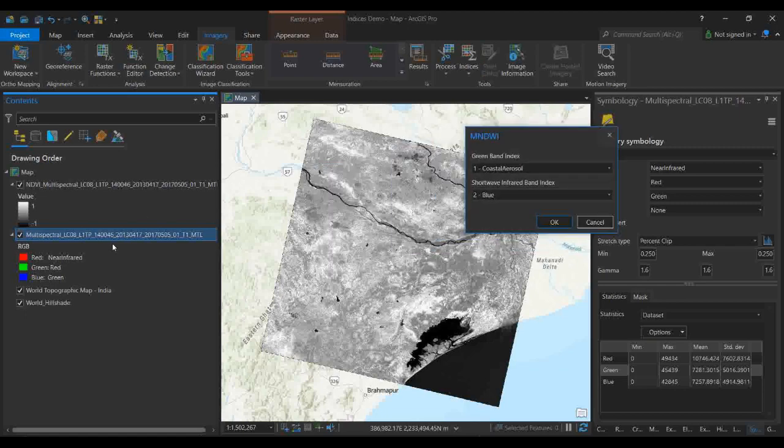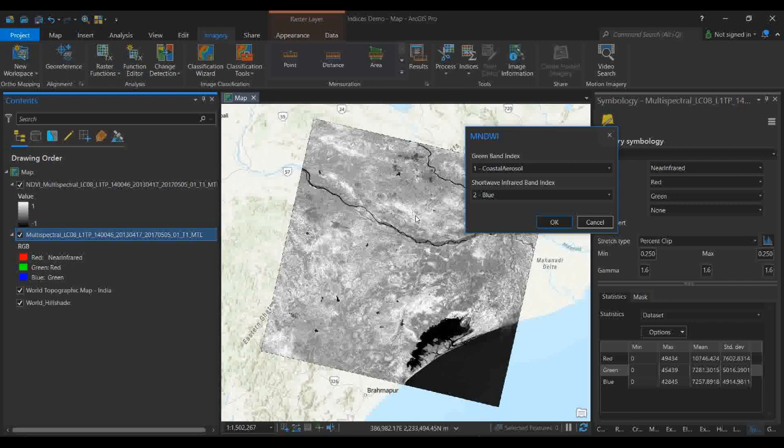So for indices, what is actually the rule, you know, whatever your target value is, that will come as white. Okay, so that will be near to 1, and whatever is your negative value means non-vegetation for the indices, over the vegetation. So now I am targeting the water, so water should come as white. Water will be my target value, it should come near to 1.